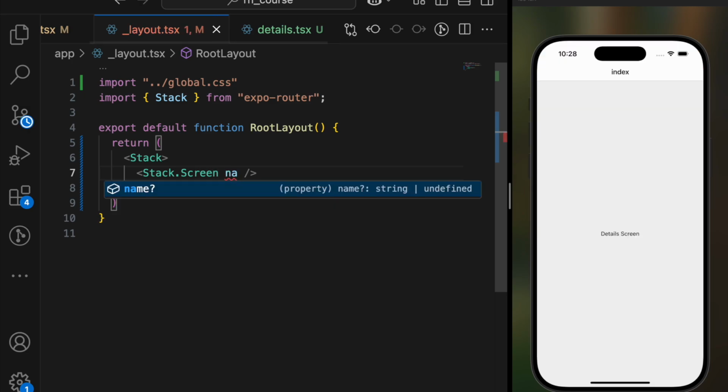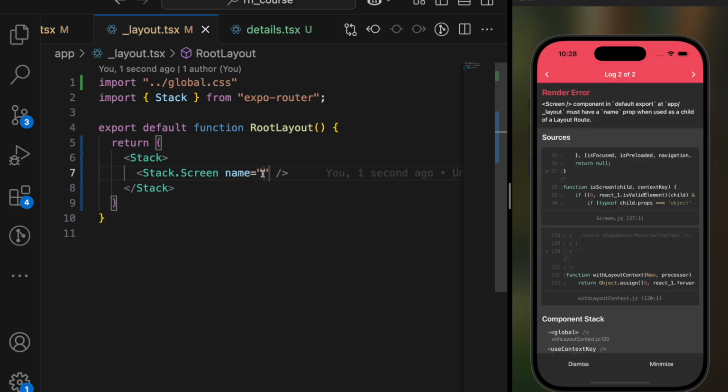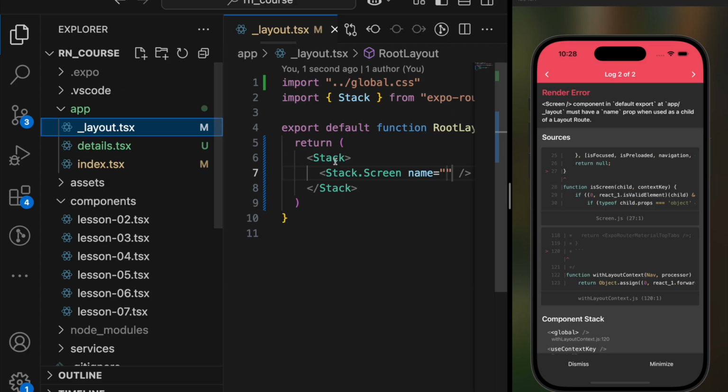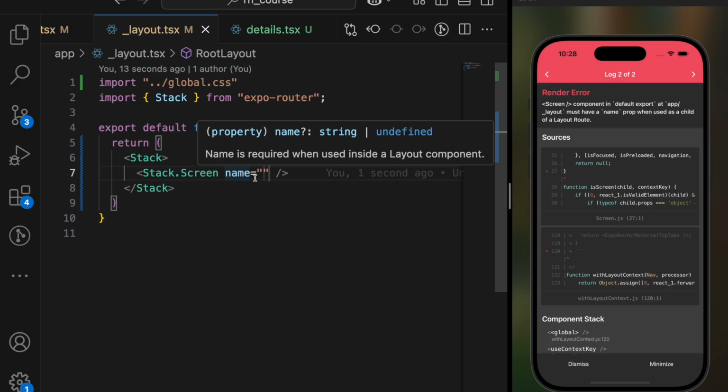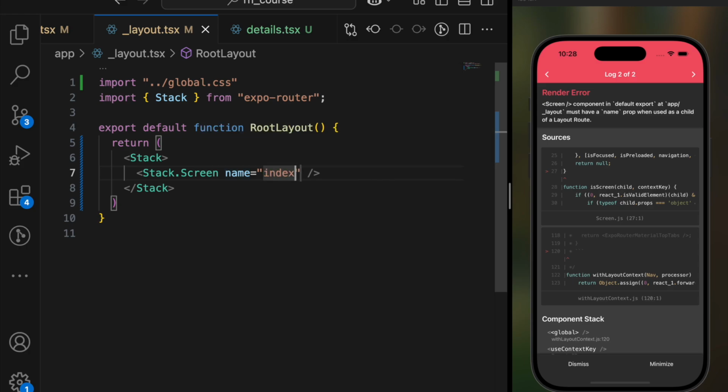And then we add the name. Now the name is supposed to be the name of the file, okay, so that it makes reference to that file as the screen for this particular screen that we are adding, okay. So the first one I'm going to add is what? The index. So we're going to say index like this,